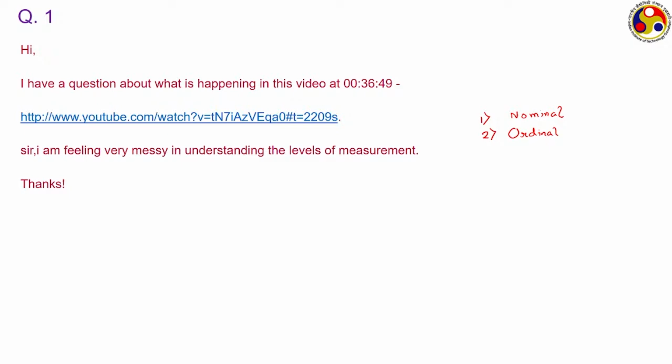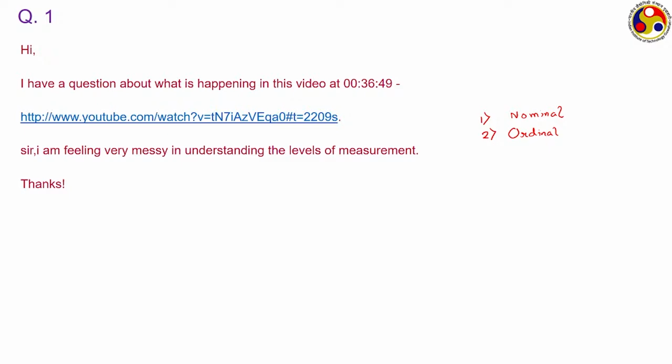Second doesn't give any idea about exactly what marks he or she has received. Suppose it was an exam out of 100, and if you are telling that he is second, then he may have got 80 marks, he may have got 50 marks, he may have got 20 marks. That doesn't matter, it's just a rank. So ordinal measurement is just that rank, like the rank in national level exams like JEE, where we always talk about ranks instead of exact marks. That's what ordinal measurement is.